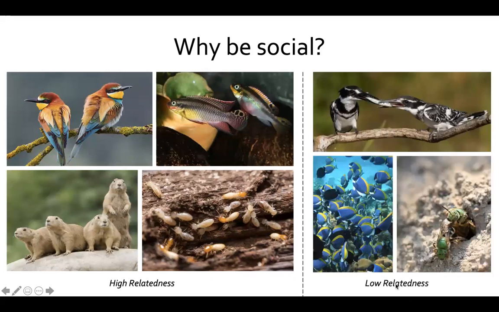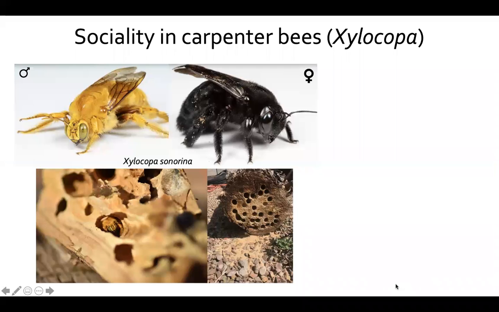However, many animals form groups with distant relatives or even non-relatives. These systems, which evolve in the absence of strong inclusive fitness benefits, raise important questions about the evolution of social behavior. These systems also have the potential to illuminate alternative evolutionary paths to group living, especially those that are driven by ecological factors. The carpenter bees represent a really promising system for addressing these questions about the evolutionary origins of